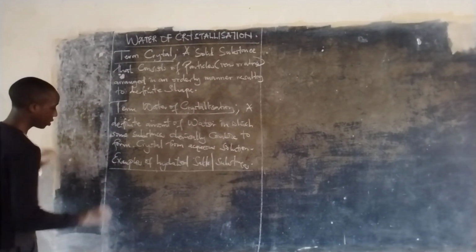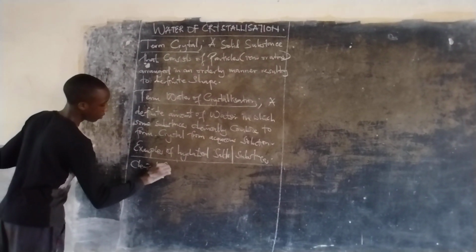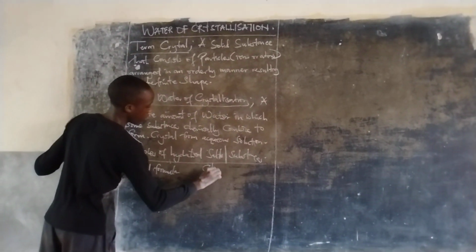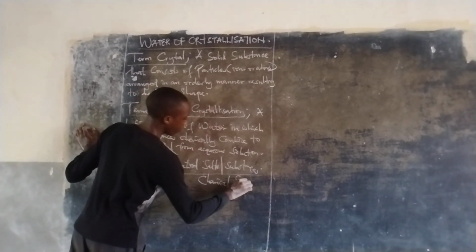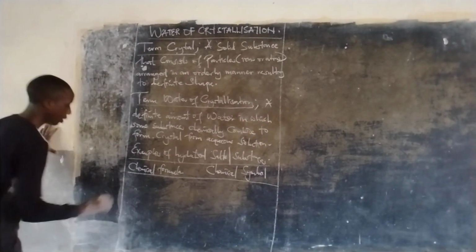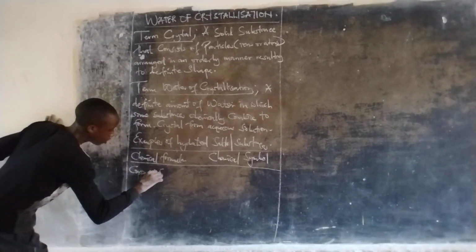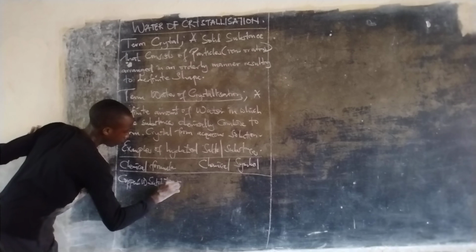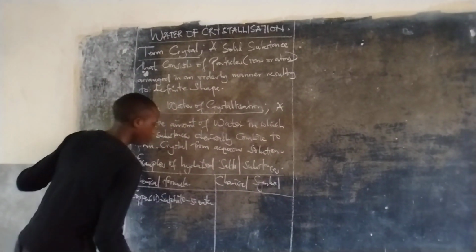So in the first column I shall put what we call the chemical formula, and next we shall put what we call the chemical symbol. So first we have what we call copper(II) sulfate, having 5 water, so written as